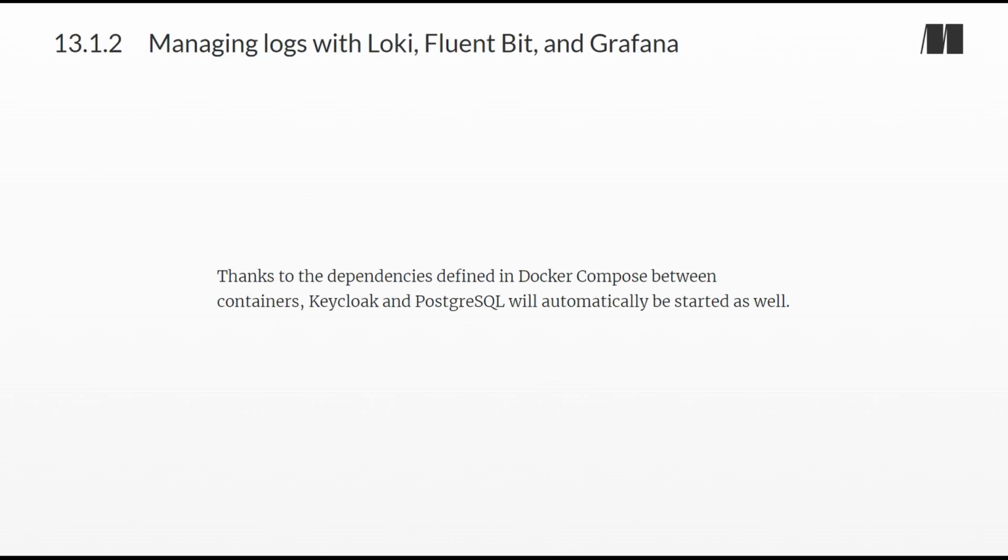Next, package catalog service as a container image with ./gradlew bootBuildImage, and run the application container as follows. Thanks to the dependencies defined in Docker Compose between containers, Keycloak and PostgreSQL will automatically be started as well. Now we're ready to test the logging setup. First, send a few requests to Catalog Service to trigger the generation of some log messages. Next, open a browser window, head to Grafana, localhost:3000, and use the credentials configured in Docker